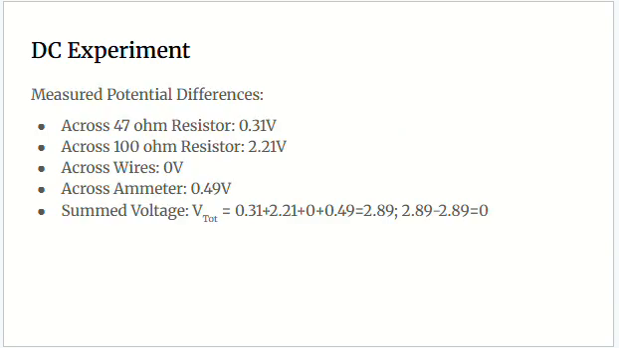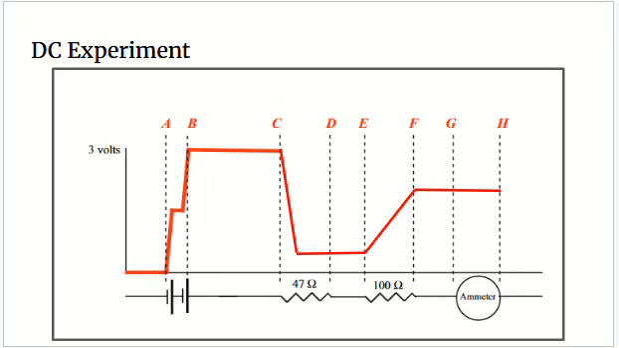The measured current was 6.5 milliamps, and negative 6.5 milliamps when reversed, but that's only a directionality convention. For the measured potential differences: across the 47 ohm resistor, 0.31 volts; the 100 ohm resistor, 2.21 volts; across the wires, 0; and across the ammeter, interestingly enough, 0.49 volts. When you sum that, you get 2.89, which is obviously the V total, so 2.89 minus 2.89 is 0, which coincides perfectly with Kirchhoff's law. Here's a graph explaining that